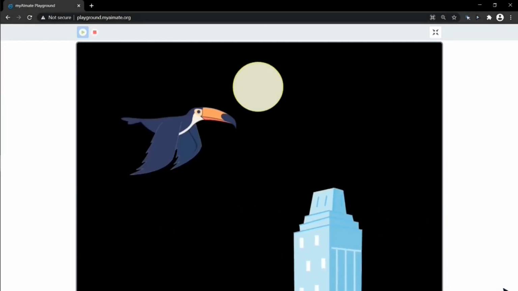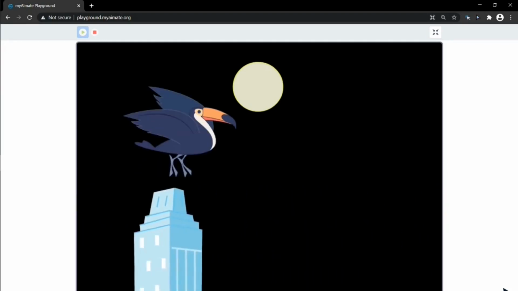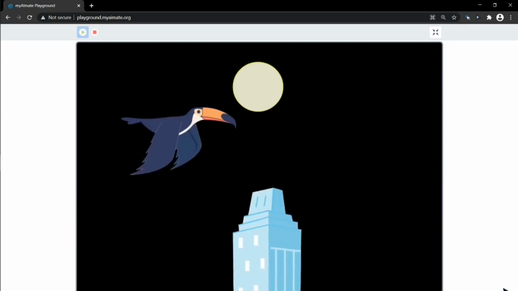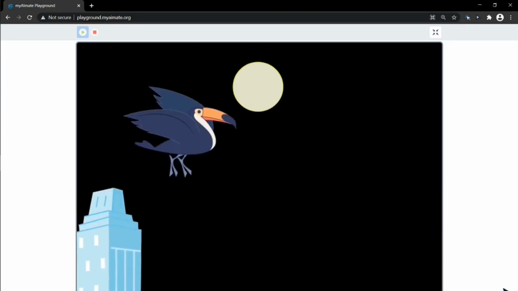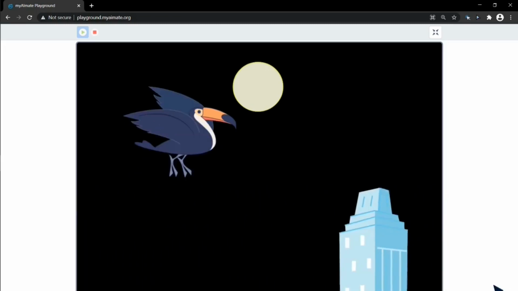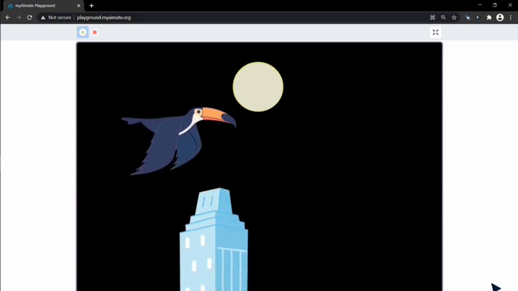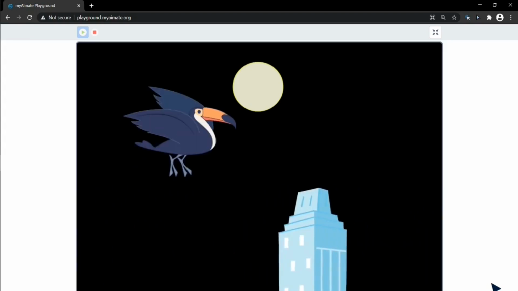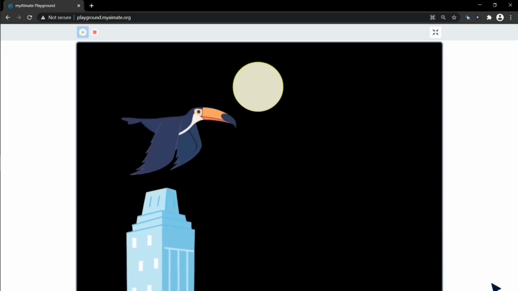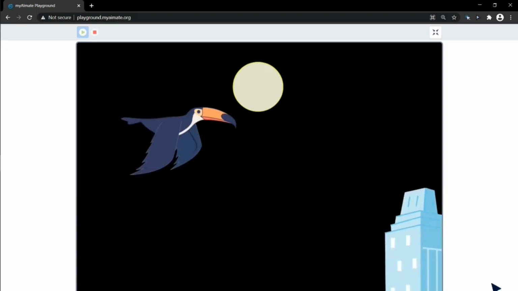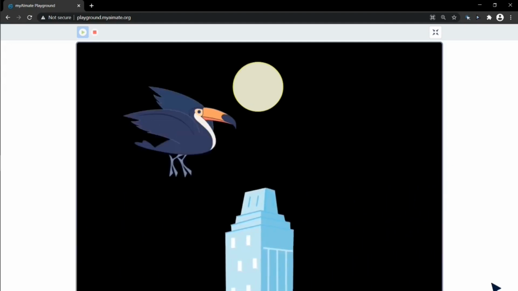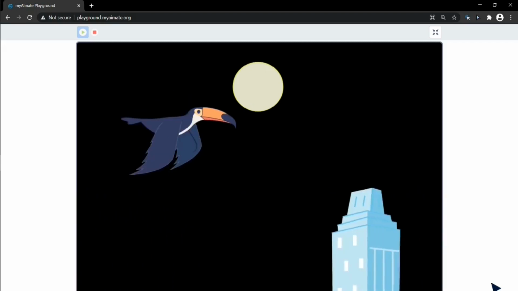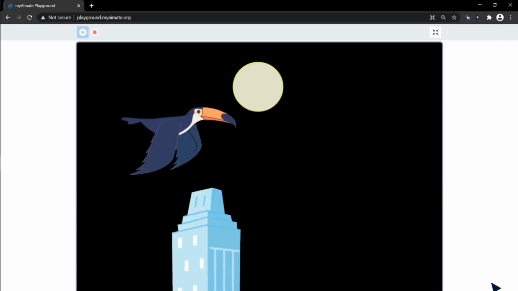In the previous tutorial, we got familiar with various features and options that My AI Mate Playground has to offer, and how you can make great animation very easily using various code blocks available on this platform. Today, in this tutorial, we will learn all the code blocks present in the motion palette one by one and how we can change an object's position, orientation and direction using these code blocks. After covering all the motion code blocks, we will use some of these to make a very cool animation like this one. So, let's get started.